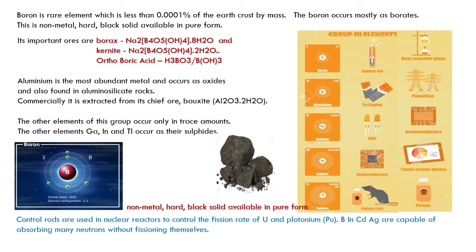The inert pair effect is because of the shielding effect: the introduction of d orbitals and f orbitals gives poor shielding. The nucleus then has less control over the last electrons, so only one electron takes part in the reaction, and the other electrons will not take part in the reaction. That is called the inert pair effect, understood?